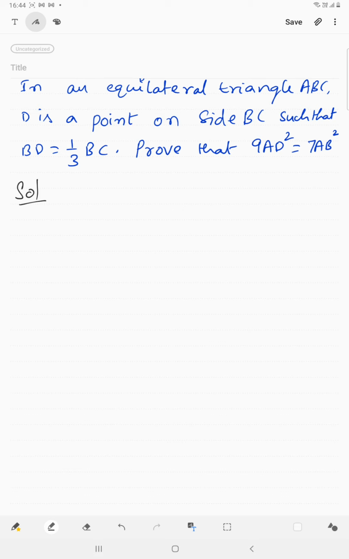9AD square is equal to 7AB square. If square is there, definitely it is related to Pythagoras theorem. Therefore, the triangle should be a right angle triangle. But what is given? Equilateral triangle. So, first we will write what is given. तो given part लिखेंगे. So, given that